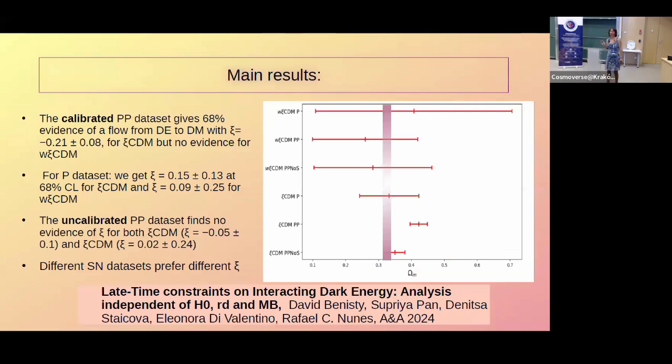So the conclusions from this work are basically that we get this very interesting value, which is definitely not compatible with lambda CDM, and it shows an energy flow from dark energy to dark matter. And this can be seen also here. So basically, you see we have a much larger value for the matter density than if we had just lambda CDM. So we can see here for the thing that corresponds to lambda CDM, it is much closer to Planck. And basically, for the other models, we don't see such good results. This is for the uniform prior, so this is why the errors are so big.